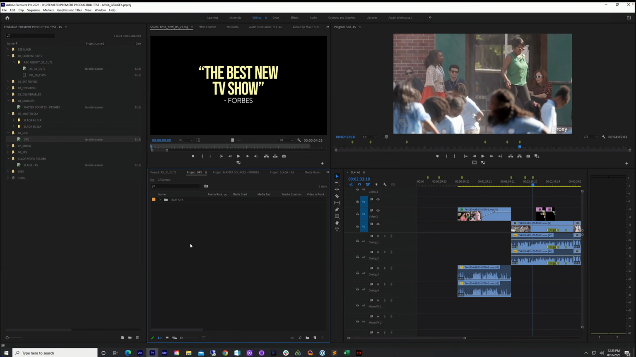Yeah. We can do that. You can definitely do that. Okay. So I should aim to create proxies with graphics. Okay. Yeah. There's another feature of that dynamic link is that if you select an After Effects comp in the